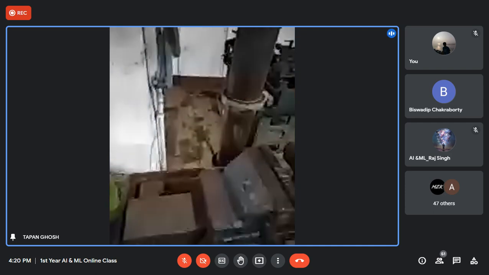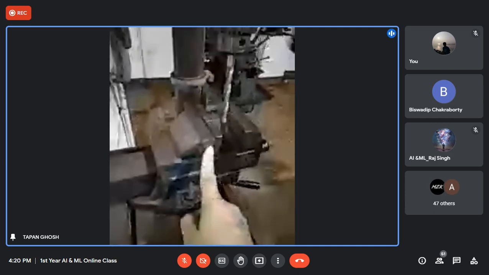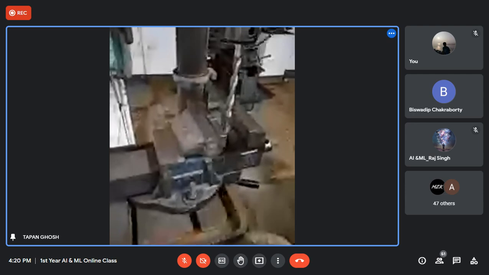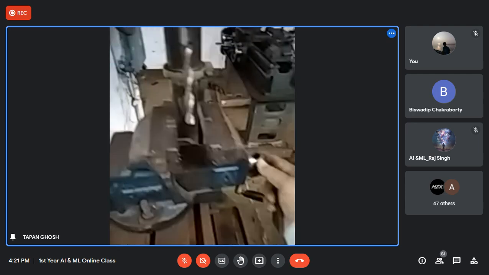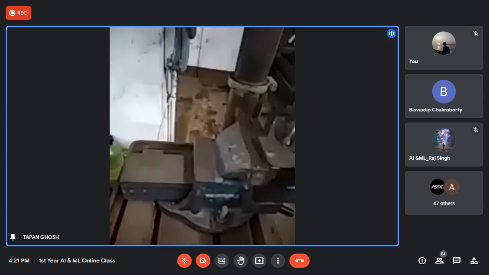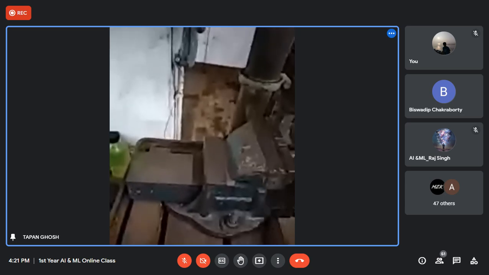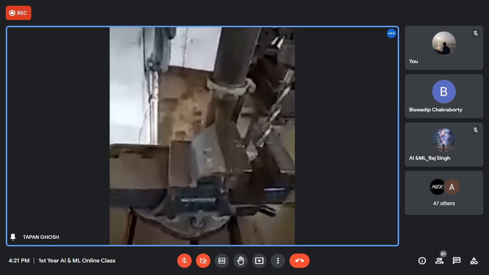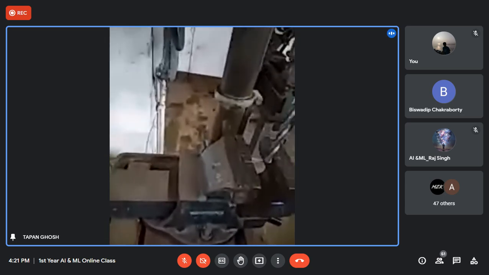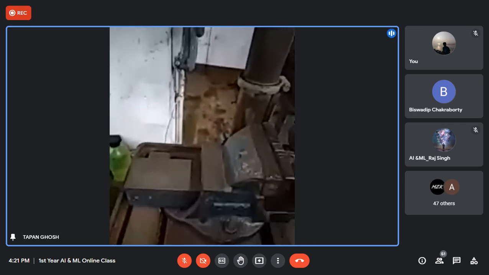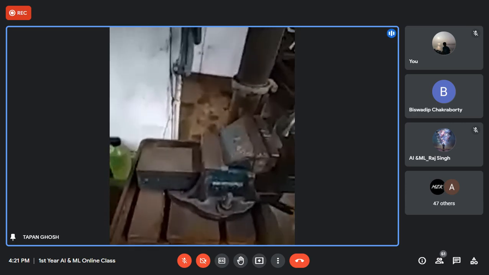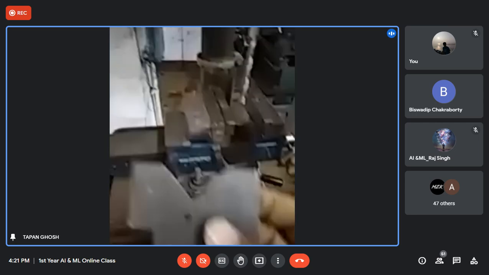Then you hold the job. You see that there is another vice here. Hold the job in the vice. Then you apply pressure and start the machine, and the drill bit will rotate, penetrate the metal and make a hole.